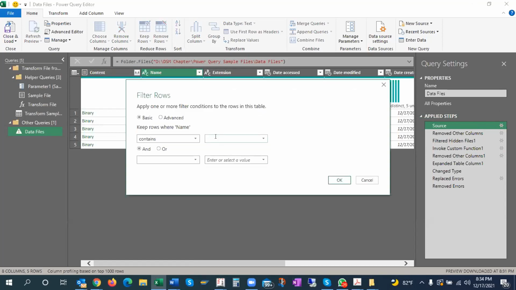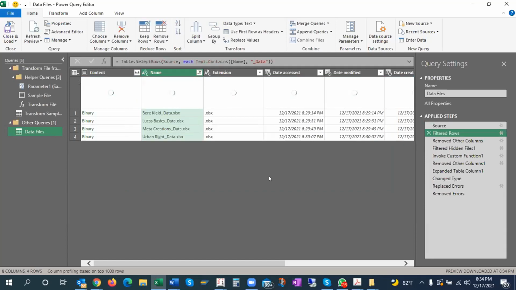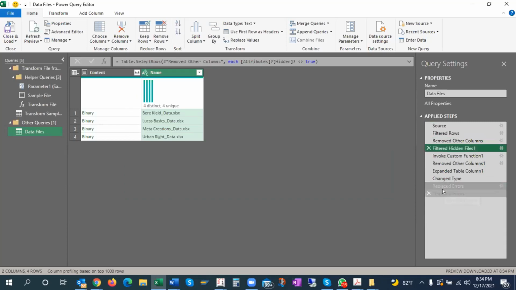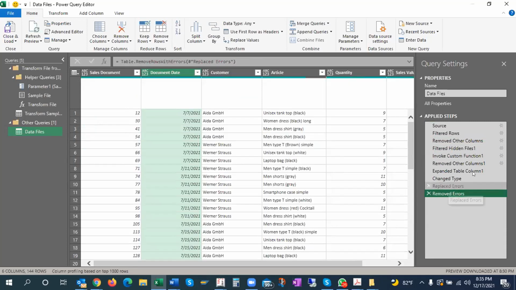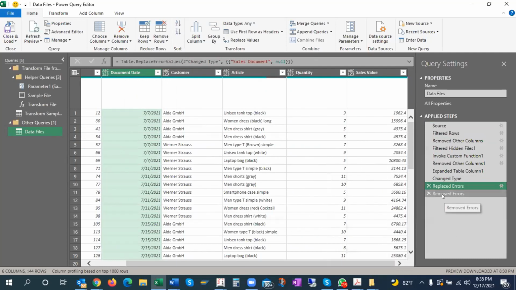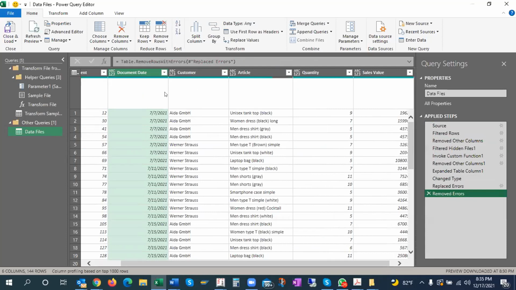I want just underscore data. Just show me that, which is with underscore data. That's it. So now everything goes good. Everything is fine. There are no errors now.